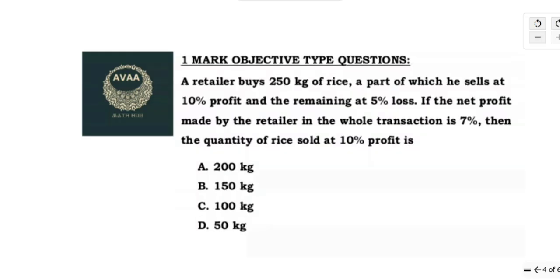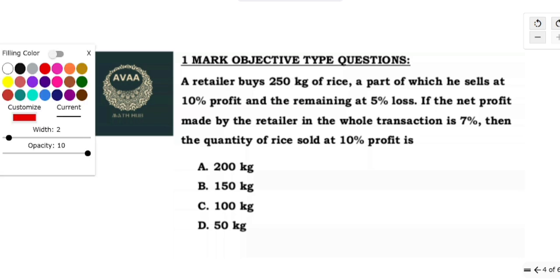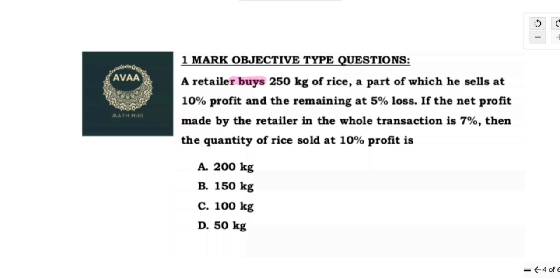Now we'll move on to the next one. Again, this is also an objective question. A retailer buys 250 kg of rice, a part of which he sells at 10% profit and the remaining at 5% loss. If the net profit made by the retailer in the whole transaction is 7%, then the quantity of the rice sold at 10% profit is. The options are 200 kg, 150 kg, 100 kg,